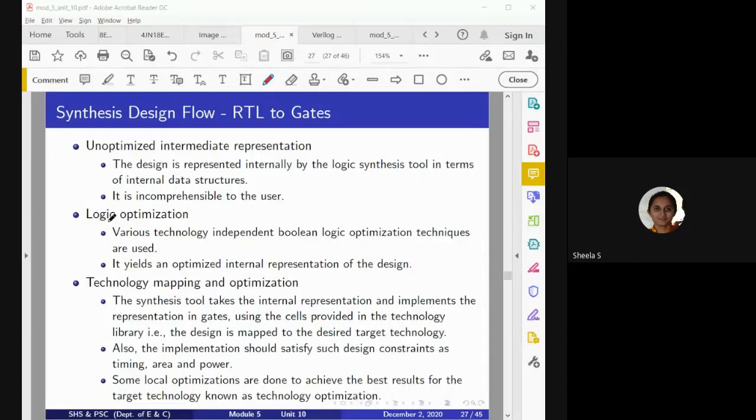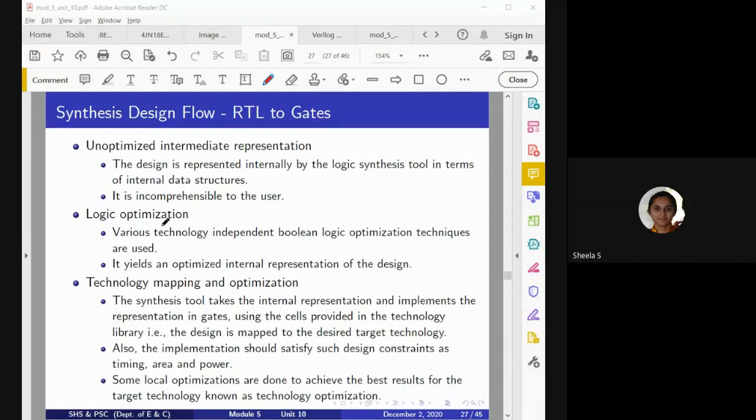And based on that data structure, the local optimization will remove all the redundant logic, and only the optimized circuit it will consider. Okay, so till now it has not considered any timing constraint, area constraint, or power constraint. It only considers the optimal circuit which can be built.